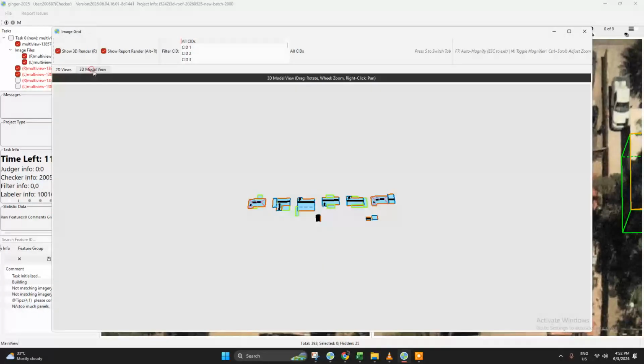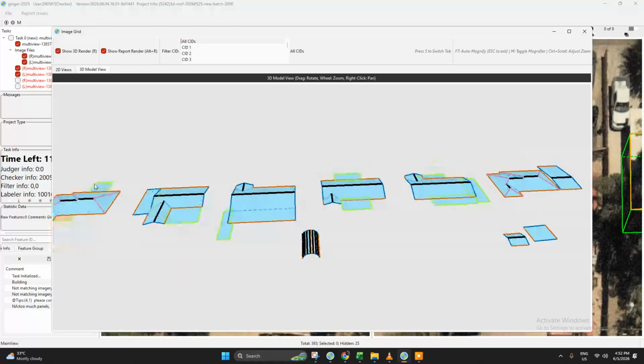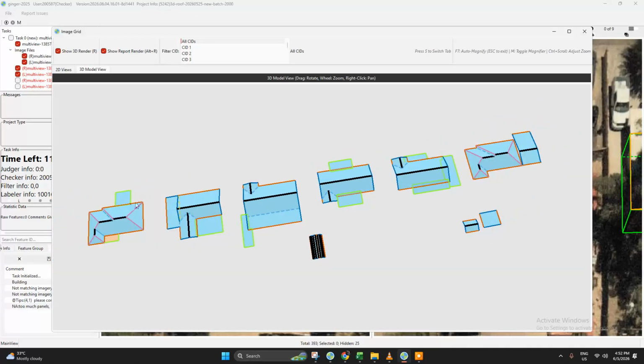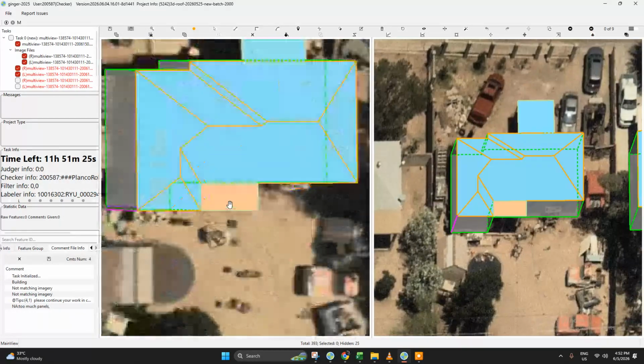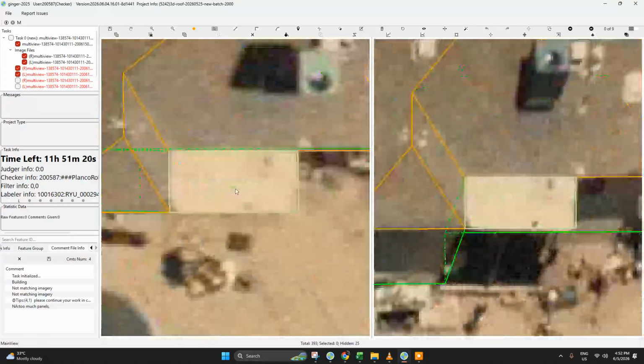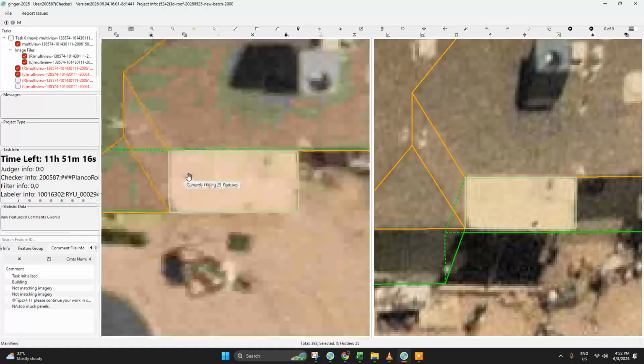3D mode. So this is our building. Okay, so it has, it's flat. What happened?